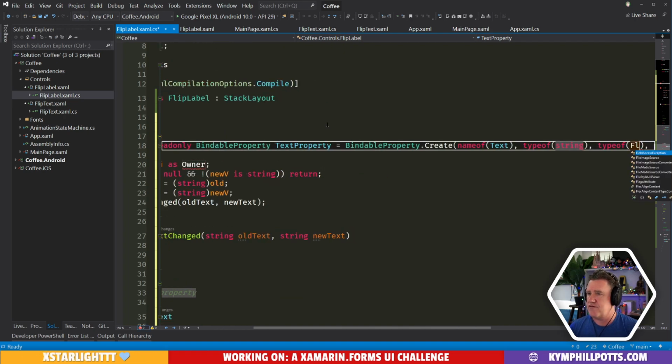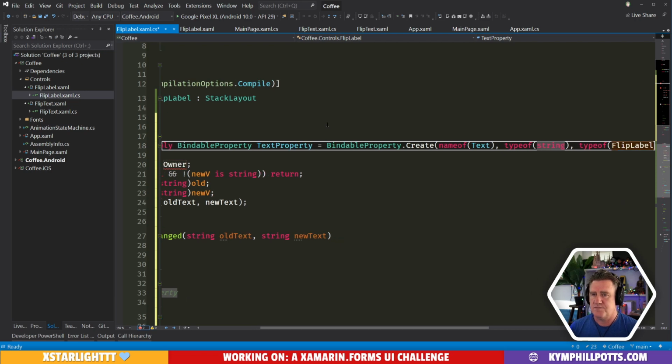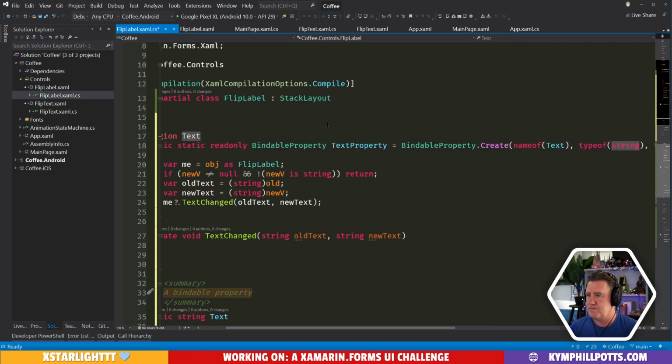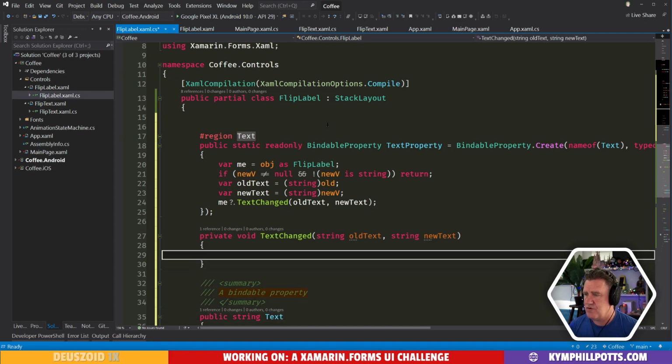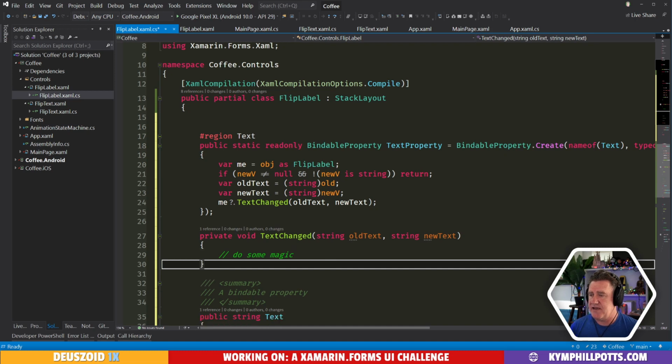It's going to be for our flip label. Okay. And then when the text changes, we'll do some magic here. I don't know what that is yet. It's probably something like,